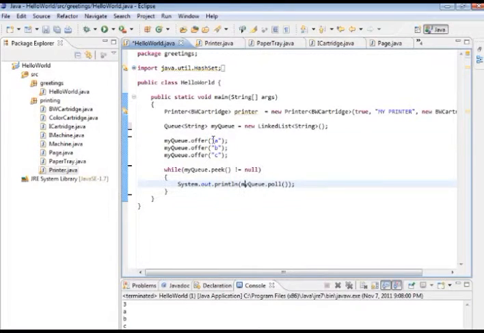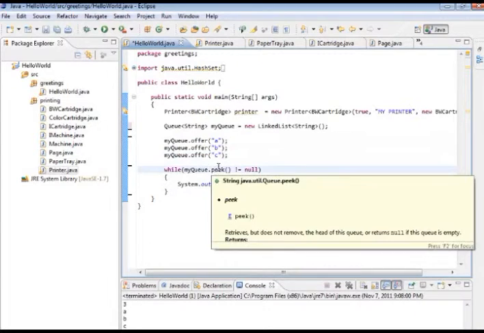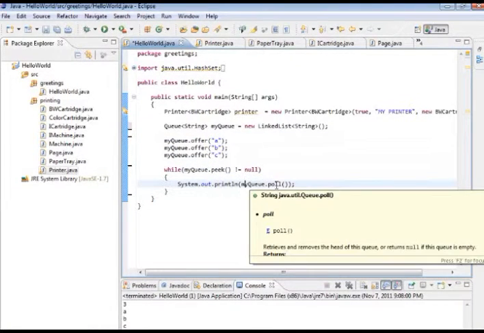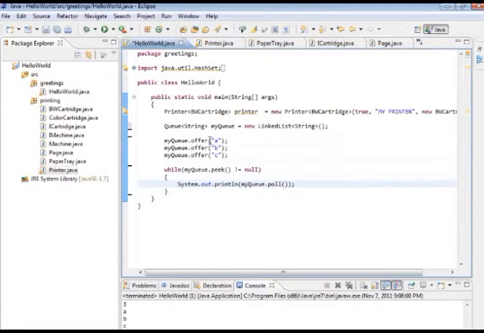At the same time, it's going to give us that thing. So because we have strings here, we're going to start off, we're going to have A, B, and C, and we're going to peek here. We're going to see, oh, there's A on the top here, and then we're going to print what is on